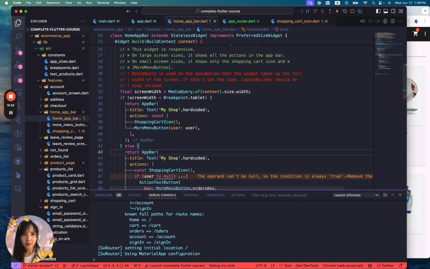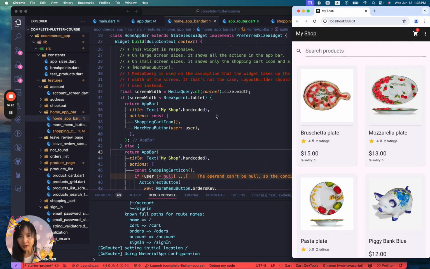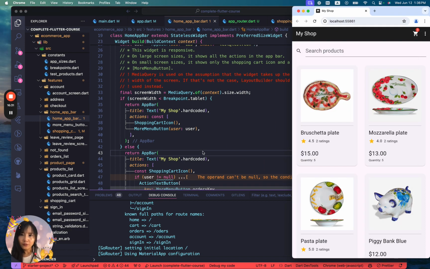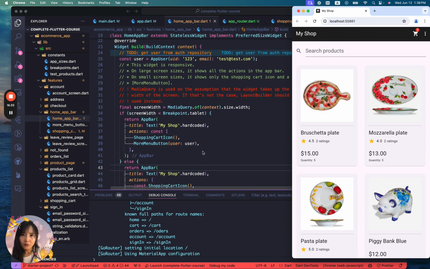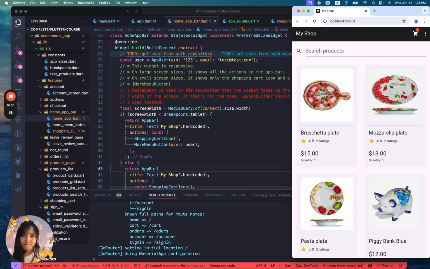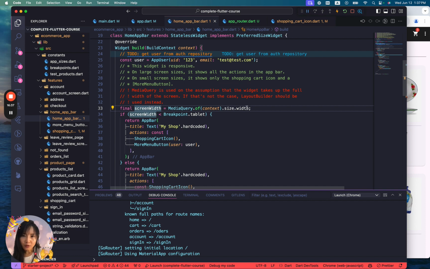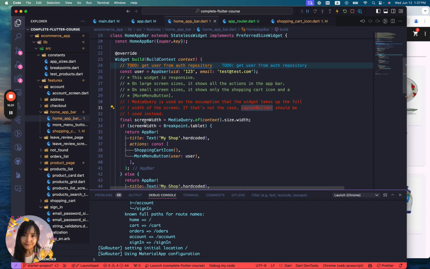We don't need list for now, so we are talking about leading app bar. I see. So here we are saying the screen width is media query, on the assumption that the widget takes up the full width of the screen. If that's not the case, layout builder can be better, I think. So with the whole screen width, we say if the whole screen is smaller than this one,